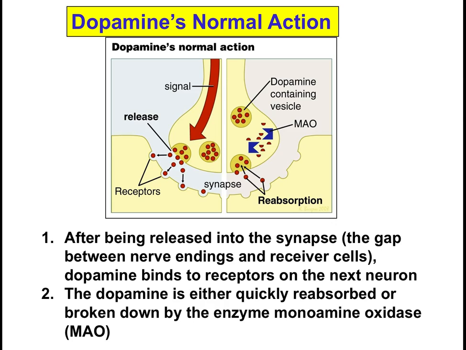released into our brain. Now, just like other neurotransmitters, remember dopamine is a neurotransmitter, dopamine must be reabsorbed. It must be broken down. And there is a separate enzyme called monoamine oxidase, abbreviated MAO, that will break down dopamine. I think of MAO as sort of the buzzkill enzyme because dopamine makes you feel good, but MAO is going to break it down.